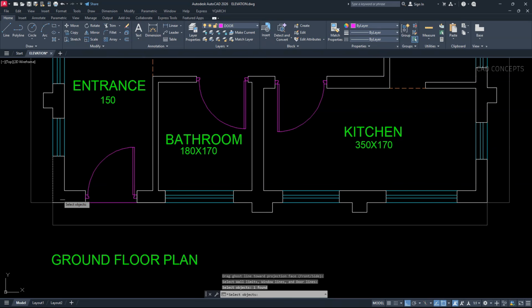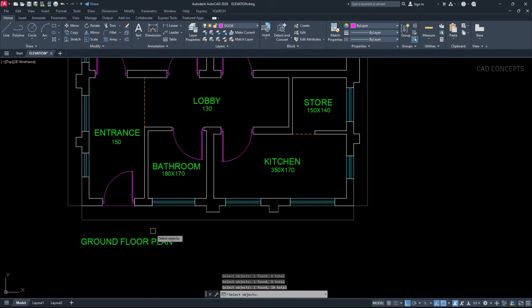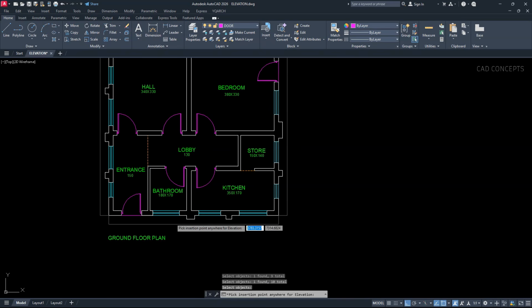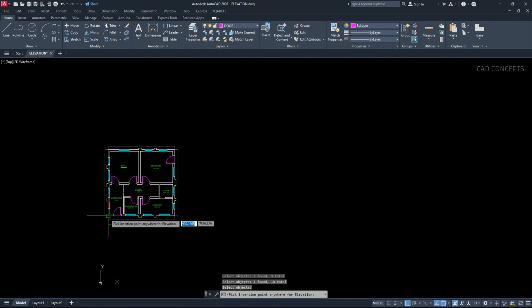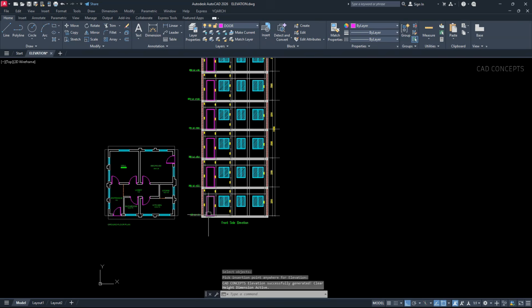Select this line: window line, door line and projection line, and this end line. So you have to select window line, projection line, door line and end to end line for the plan, and just enter one time and click here to get your complete 6 floor elevation in detail, accurate